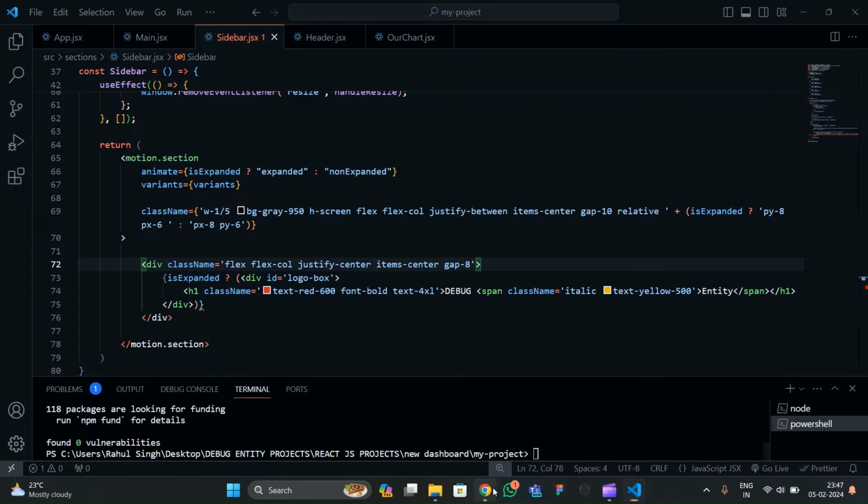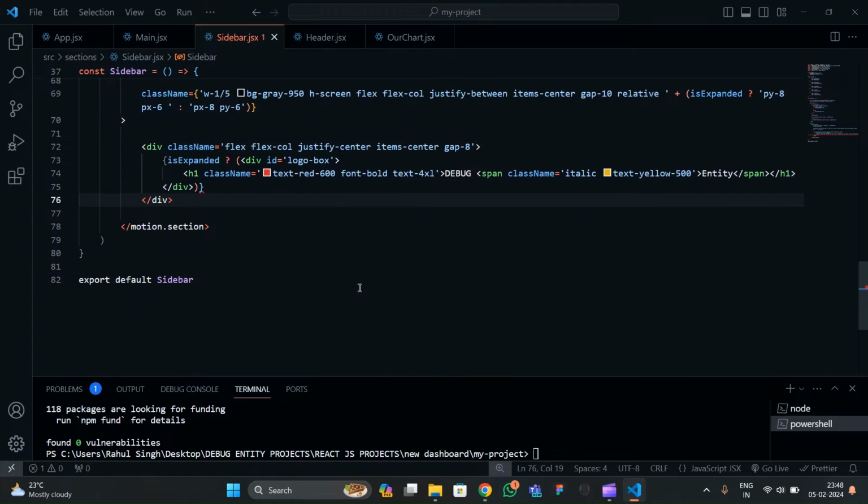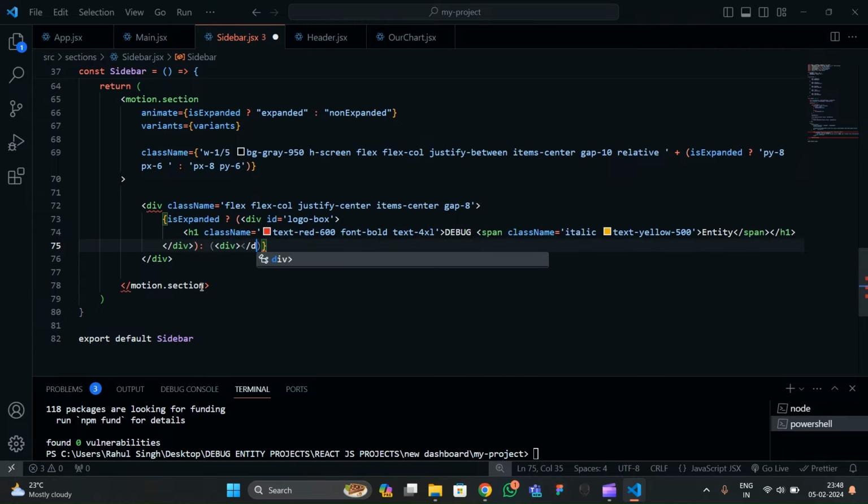So let's get back to our front end. So here you can see that we have some error here. Okay, so let me first complete this code. Okay, so right now this is our first div. So after that we have to write here colon. Okay, so inside this also we have to render a div here. Okay, so let me close the div,